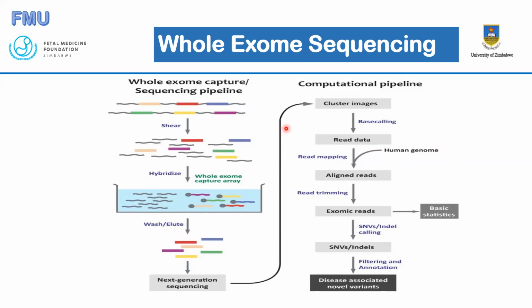The laboratory process, of course, involves these, which are the exons, and the introns are the ones in between the line there. So the process, first of all, involves separating the exons from the introns so that you remain with the exons. Then the exons are hybridized. Then after that, they are multiplied. Then after being multiplied, they are washed, and then they are sequenced. Once they are sequenced, they can now be compared to a reference sequence. And after being compared to the reference sequence, the data will be analyzed